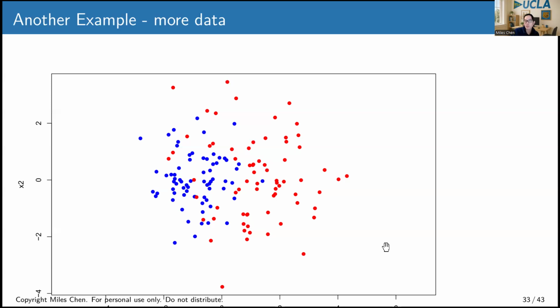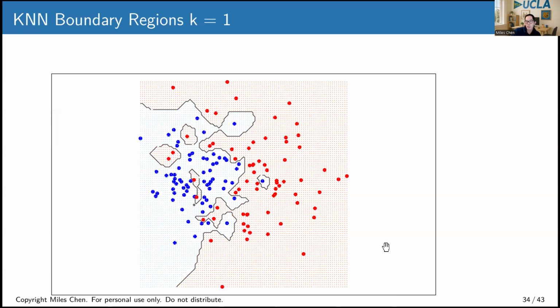And so when you have k equal to 1, every single data point exerts influence over its immediate neighborhood, right? So this one red data point influences its immediate neighborhood. And so we have these little exclaves of red over here, and this blue dot has influence over its immediate neighborhood,